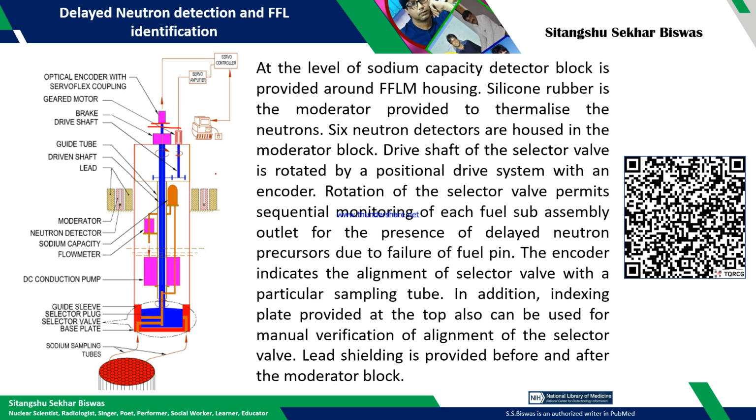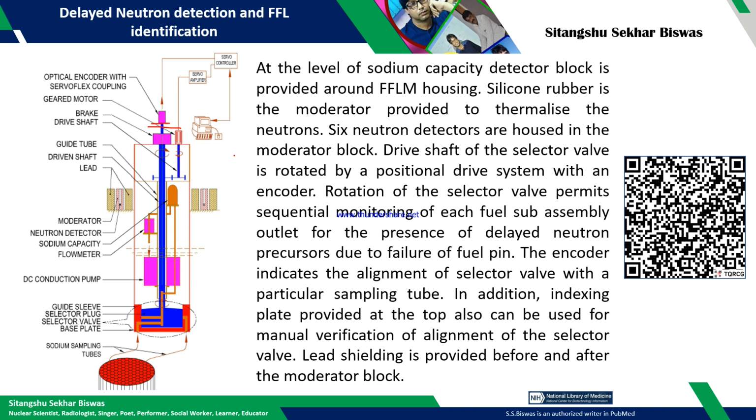Separate indexing methods are there, and on top of this subsystem there are some rotating plates, a circular disc. The indexing is inscribed there, so visually also you can see which subassembly it is located at